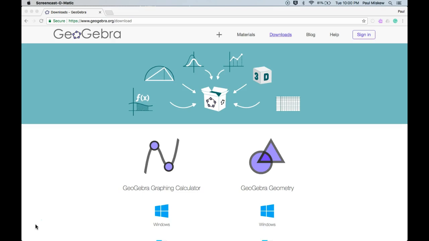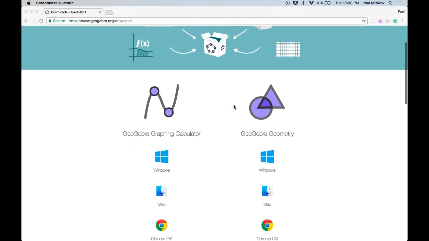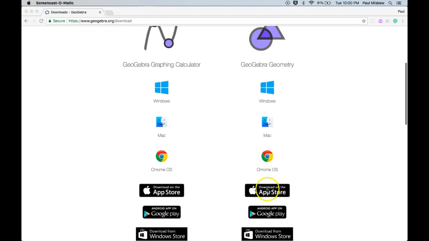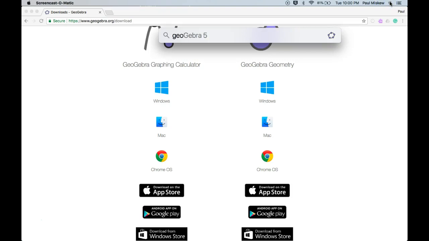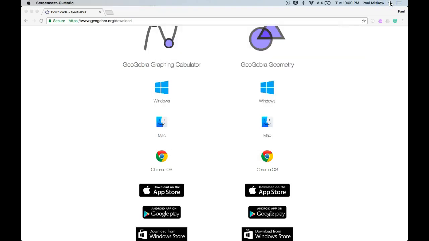So GeoGebra is a pretty great piece of software that can be used to do graphing as well as geometry work. If you type in a Google search for download GeoGebra, you'll come to this site. There's two. There's the GeoGebra graphing calculator, which is great, but we're actually interested in GeoGebra Geometry, and you can download that through whatever means you need, the App Store. And once you've installed that, if I search on my Mac for GeoGebra and I pull that up,